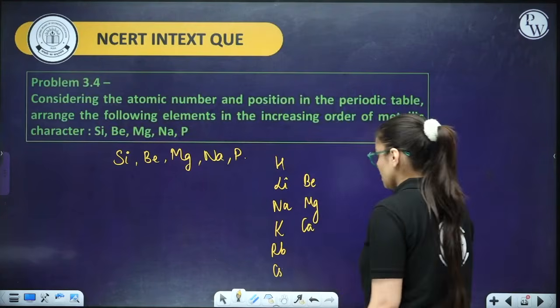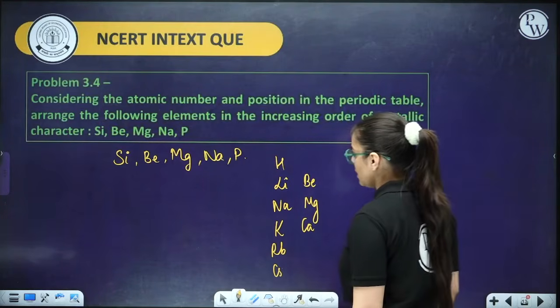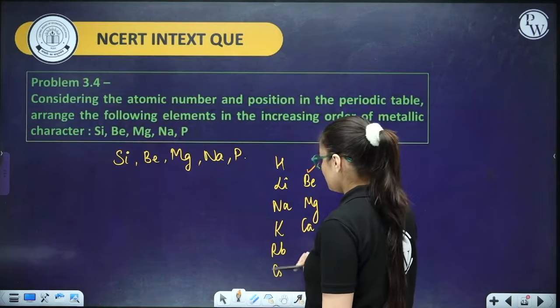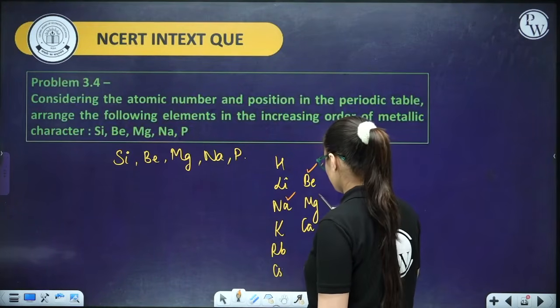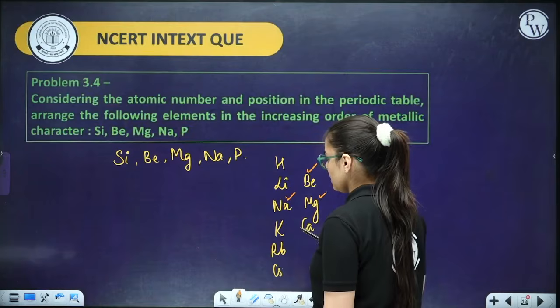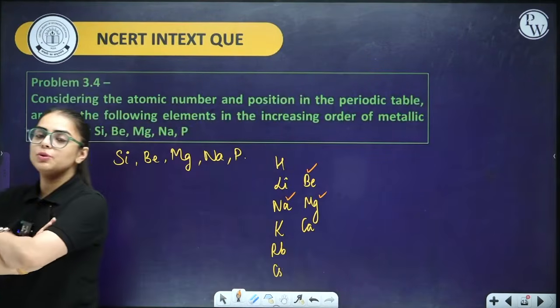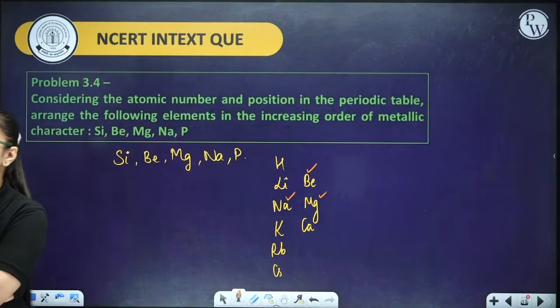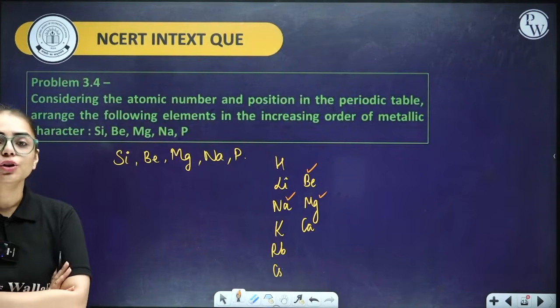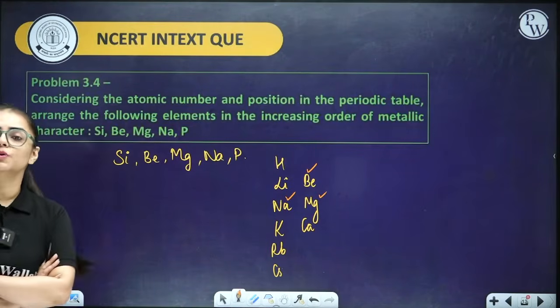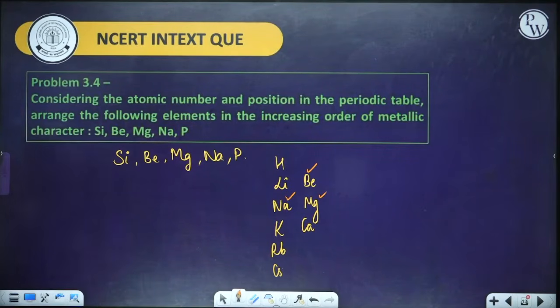So this is going to be group number 2. Now we require which element? I'm going to put a tick over here. We require beryllium. We require sodium. We require magnesium. Right? Among group 1 and group 2, these are the elements. Now we have to tell the metallic order, students. So what will be the order as per the group? What do you feel is going to be the order? Anybody just think about it. Just think when you're moving across the group and along the period.